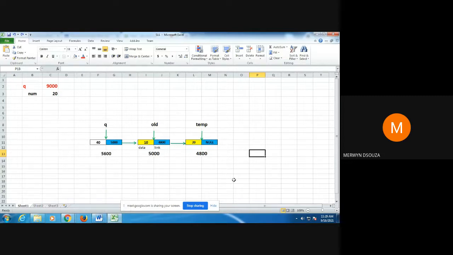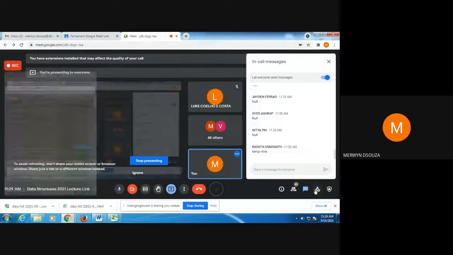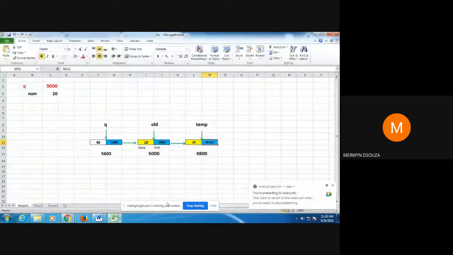Now you can see here, null in your entire diagram. Look at this. This is your diagram now. Null is written only in one place. What is the programming statement to access this null value? You can type in the chat box. What is the programming statement to access this null value? Correct. Yes, KJR, Varad, Leo, Rafat. Correct. Temp arrow link. Yes, Nishil. Temp arrow link.